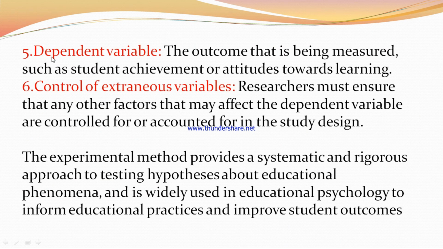Fifth one is very important, dependent variable. The outcome that is being measured, such as student achievement or attitude towards learning. Sixth one is control of extraneous variables. Researchers must ensure that any other factors that may affect the dependent variable are controlled for or accounted for in